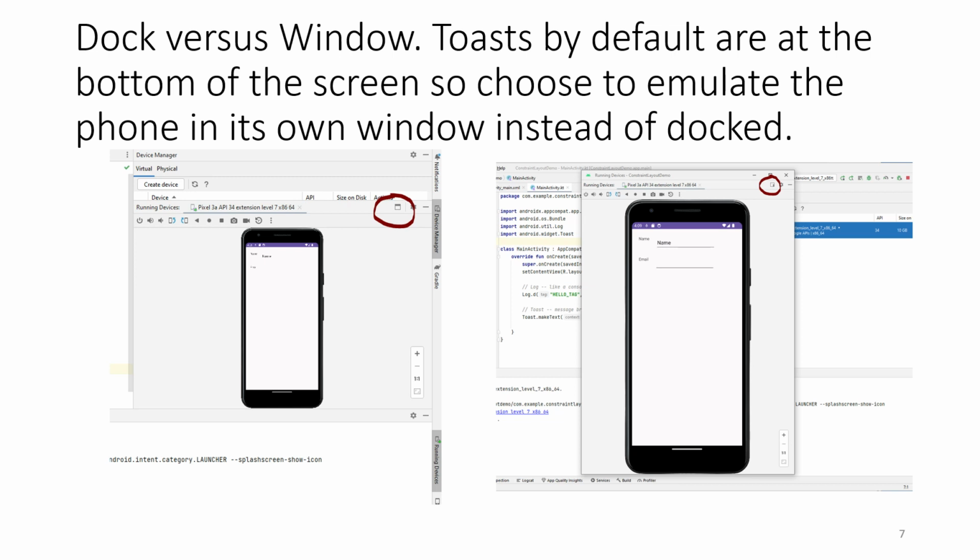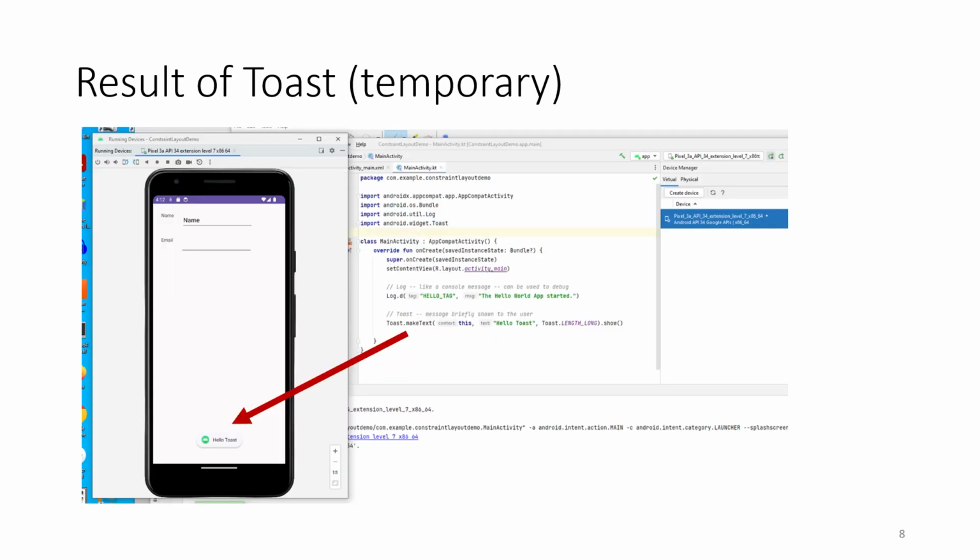Where the phone emulator appears within Android Studio, there's a button that allows me to move back and forth between it being docked, over on the right-hand side, or in its own floating window. So it was docked, and I hit the button to make it its own free floating window, and I set the magnification high enough that I can see what's going on. I hit the green arrow and ran the app, and then we can see at the bottom,